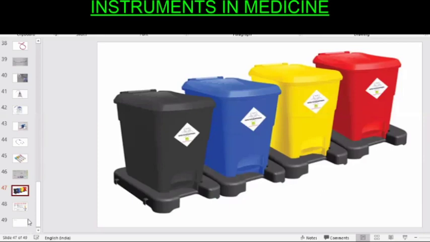Red is for all the recyclable items or even the plastic items which are non-infected, which can be disposed of in the red bag. Yellow is for all the infectious material. It can also be used for cytological waste, anatomical waste, bed soilings, contaminated blood products, body parts, urine from the urinary bag, pharmaceutical waste, microbiological and pharmacological waste, all of which can be disposed of in the yellow colored bag.